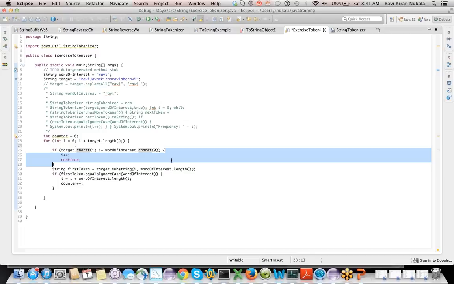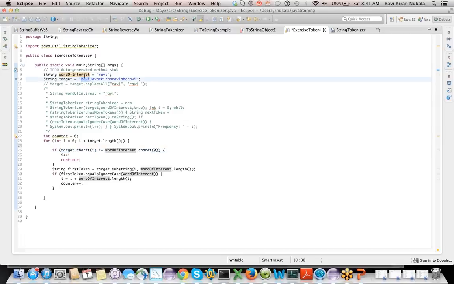Do I have to check all the characters? Like, if I check the first character of each of these, where I'm incrementing, and it is not matching, is that okay? Or do I have to check every letter of the words of length 4 from the target? Are you guys following me?